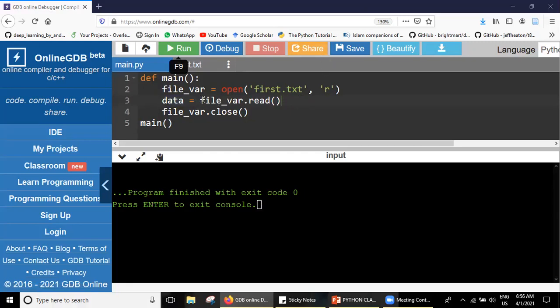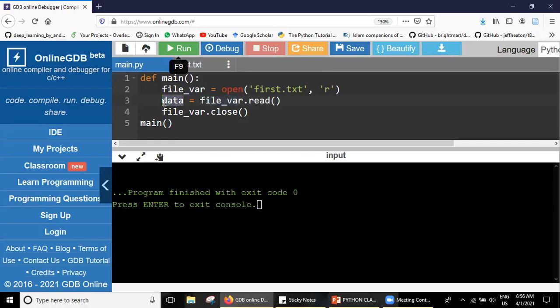What's the reason? We got all the values into data from this file using the read function. Whenever we call read using dot on this file object, this read will access the original file using the file variable object, then stores it in the data.